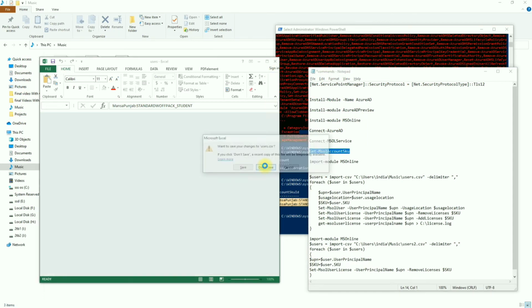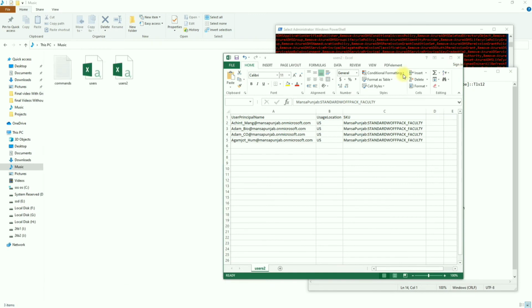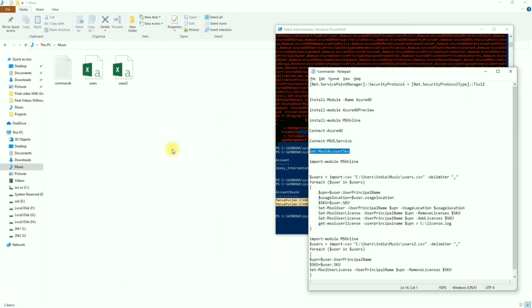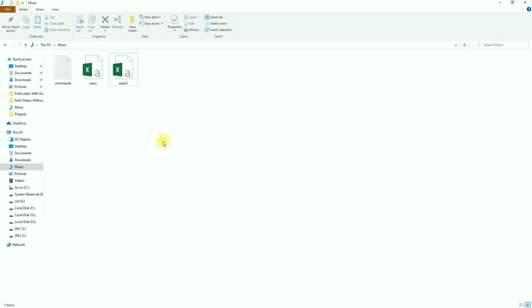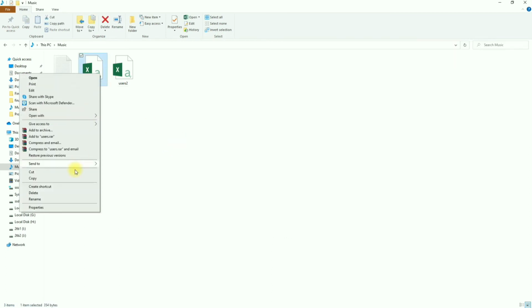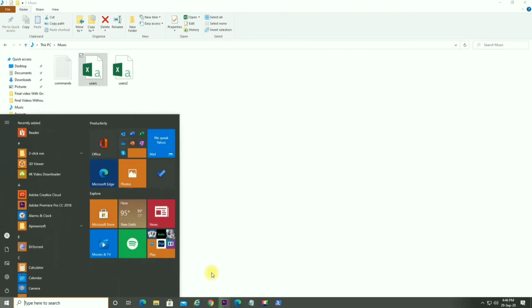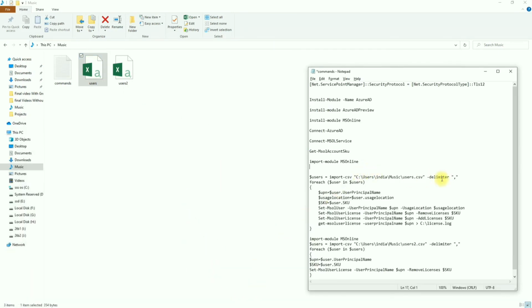It's pretty easy. You have to make this CSV file, and I'm going to come to the second CSV file later on. After copying and pasting all the locations, IDs and license names, you have to copy the location name. Similarly you can right click and copy the location of that, because we are going to need that, and I'm going to paste it in our PowerShell commands here.